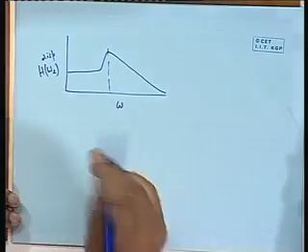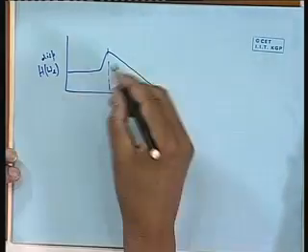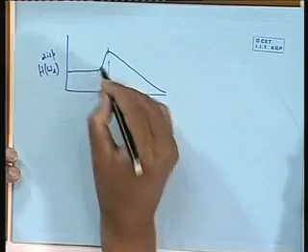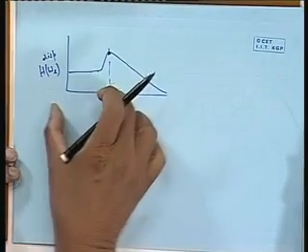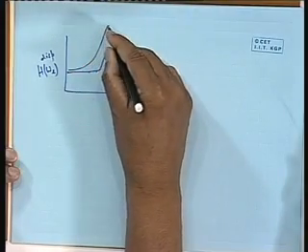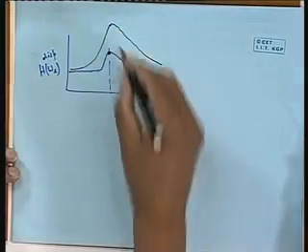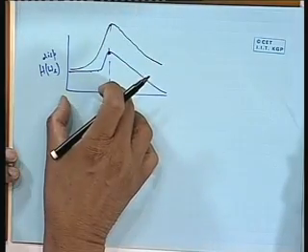Now you see what would happen if you try to find out the acceleration, velocity. Velocity is going to be multiplied by omega, acceleration by omega squared. Let us look at the peak value. Peak value is going to be this into square of this. So it is going to go up something like that, and go something like that. This value is going to be this into square of this.